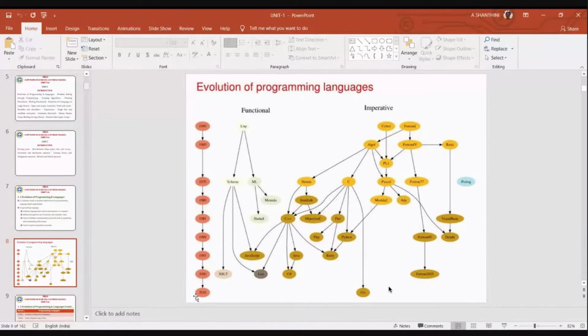But the point to be noted is that the language we are seeing in this course is C. It was developed around 1972 in Bell Laboratories by Dennis Ritchie. C is a successor of a language called B. It uses many of the syntax rules followed in BCPL, that is Basic CPL,